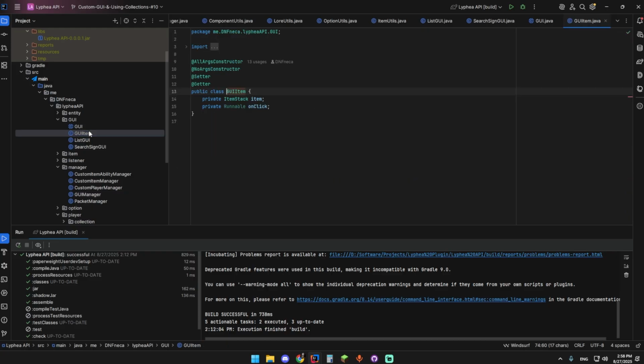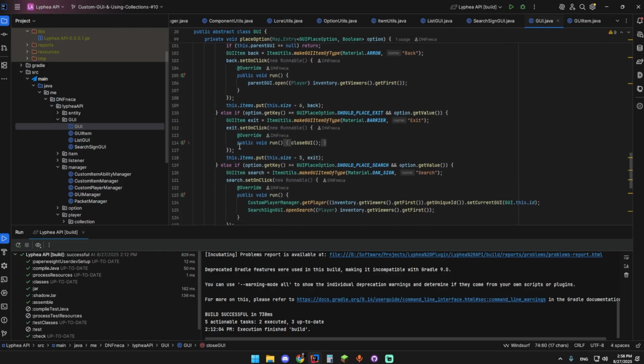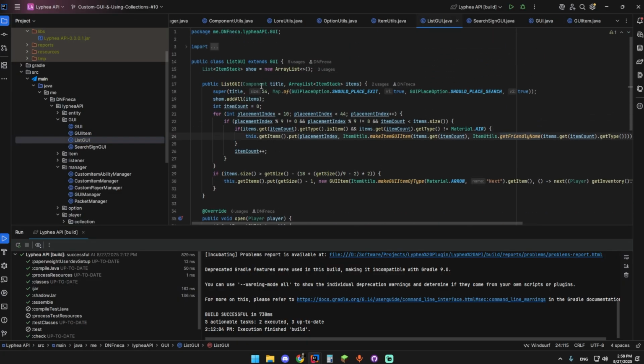Now we can go back. So I showed you the GUI, as you saw. I showed you GUI item, and now the list GUI. So this is a built-in, well, I made it so it's a built-in feature of the API. It extends GUI, and it basically has a different list of item stacks that is show. So this is basically a list